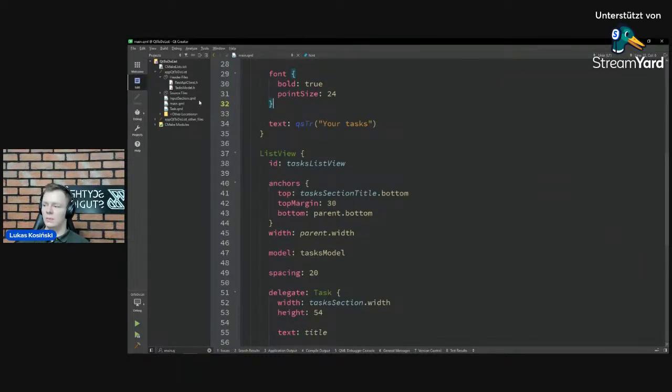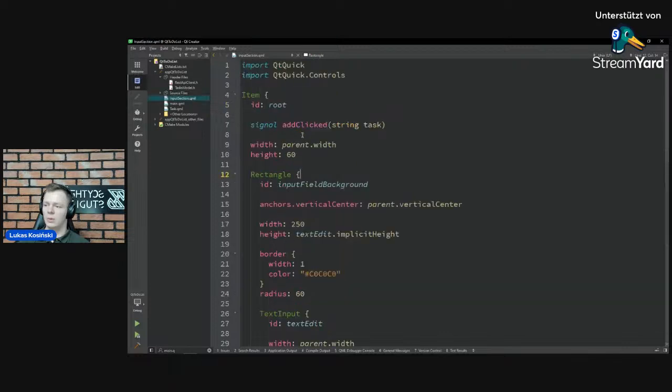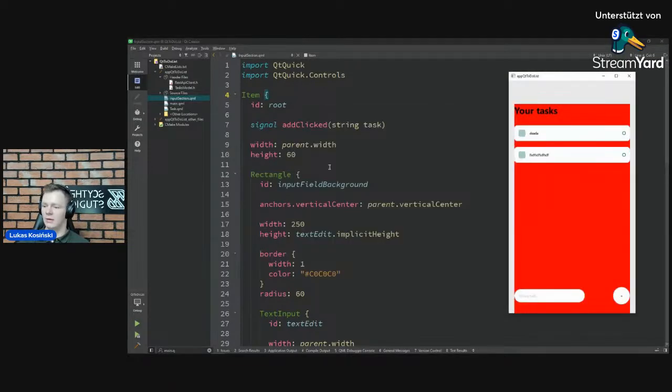Speaking about other concepts, you can create your own QML files in which you will define other visual items, and you can have your own properties there. Here I have this input section defined as a separate item. You can do that for several reasons. One of them is to not put everything in one file and make it look like spaghetti. You can also reuse your files and things like that.